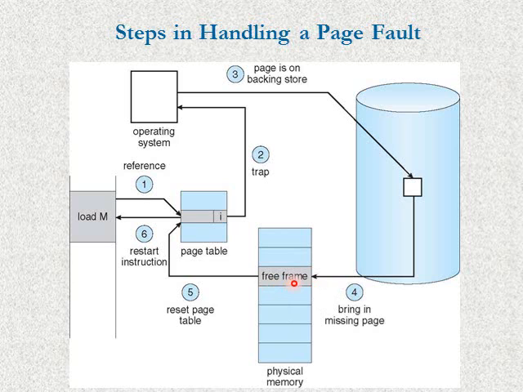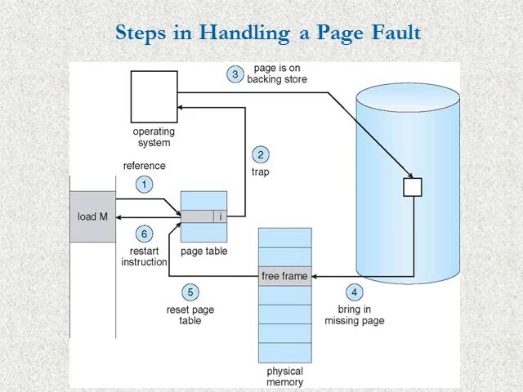Once it gets that free frame, it copies the page onto this free frame, writes down this mapping over here and updates this reference bit as well, and informs the process to restart its instruction. So once all of this is updated, the process can restart the execution of that particular instruction, and as this bit is valid now, the process can easily get this translation and get that particular frame